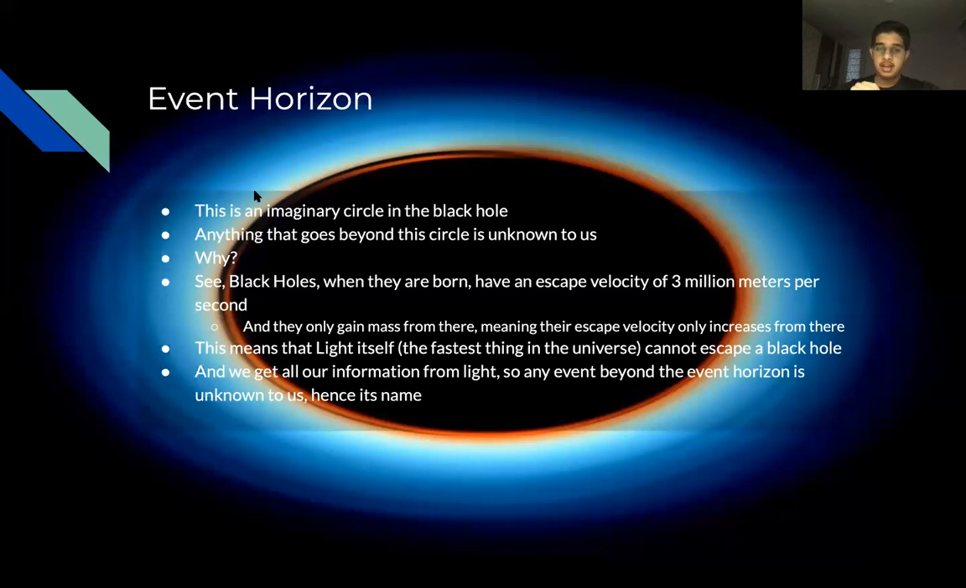So, what is the event horizon? This is something we have to know. Simple way to put it, it's an imaginary circle around the black hole. Anything that goes beyond this circle into the black hole, we don't know what happens. It's unknown to us. Why? When black holes are born, they have an escape velocity of 3 million meters per second. Because they gain mass and grow from there, the escape velocity only increases above 3 million